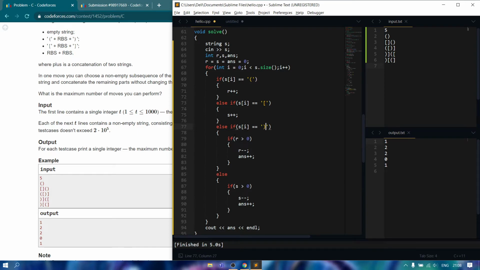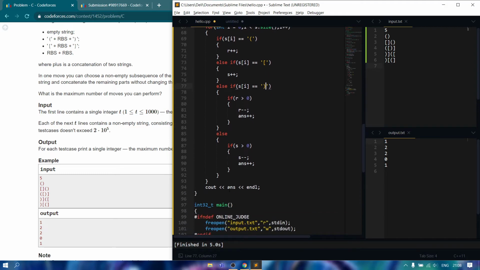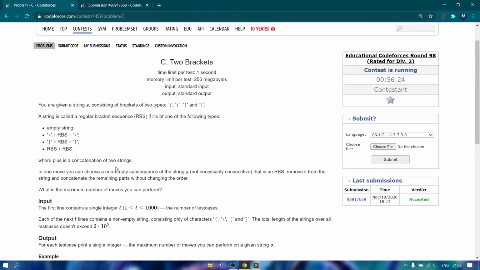If r is greater than 0, we will decrement r because we will cut both of them, and we will increment the answer. And the same for the square: we will check if any opening square bracket came before the closing square bracket. If it did, we will decrement s and increment the answer, and at the last we will print the answer. So this was the code and the logic for this problem, guys.